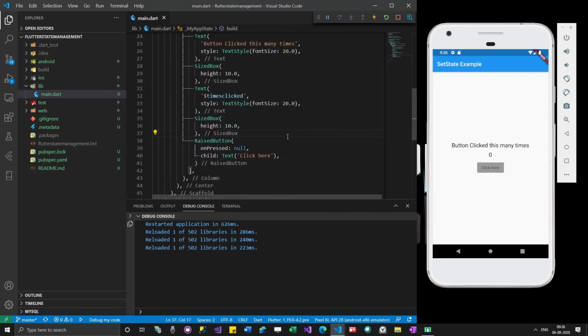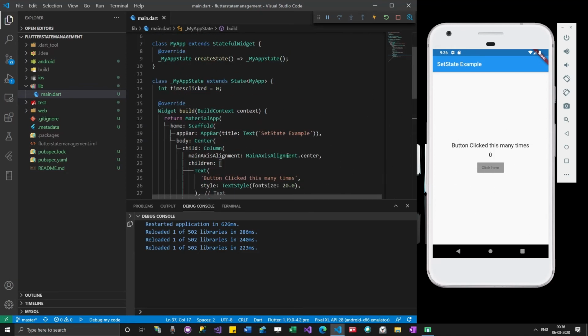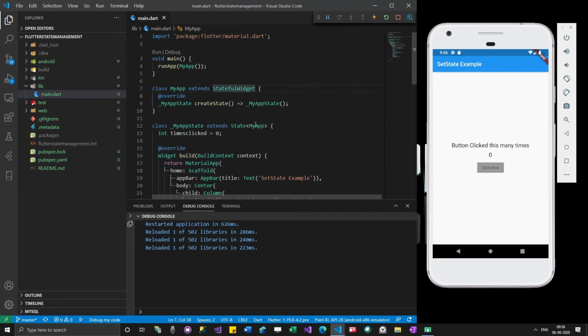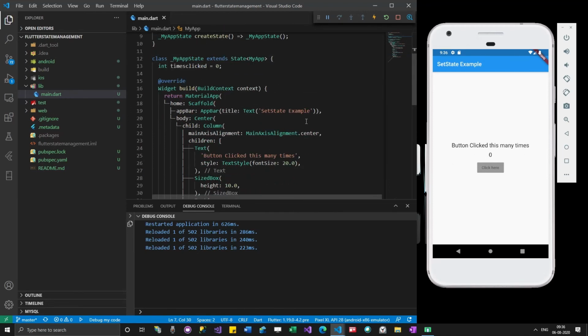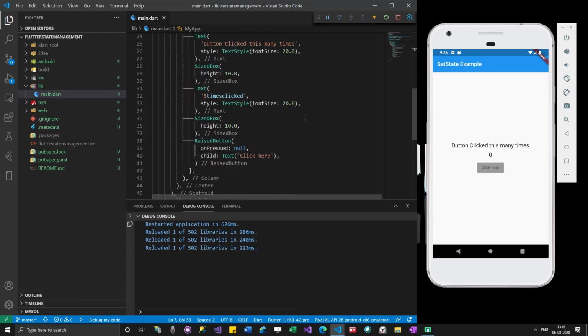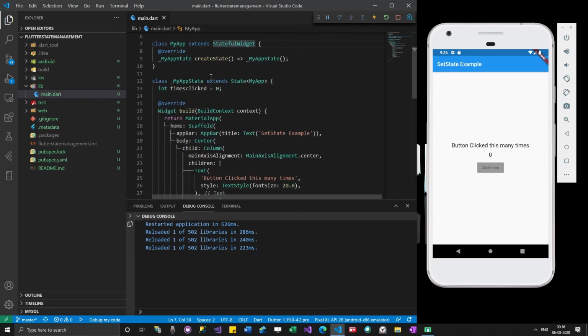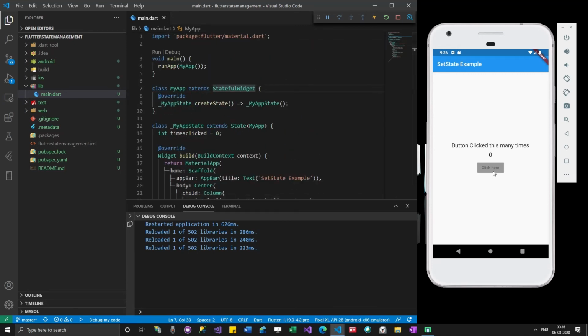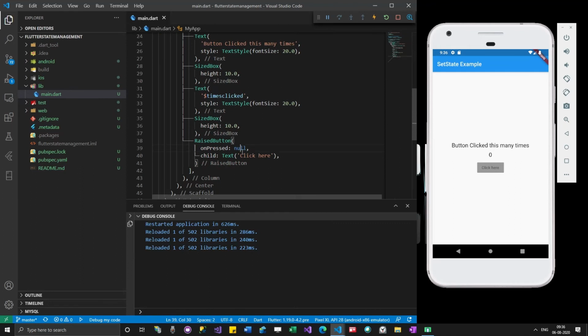So now we have created a very simple user interface only. So far we have created only the user interface. Even though we are using a stateful widget here, it doesn't make much difference as of now because we haven't written any code for the button click. So let me add some code over here.